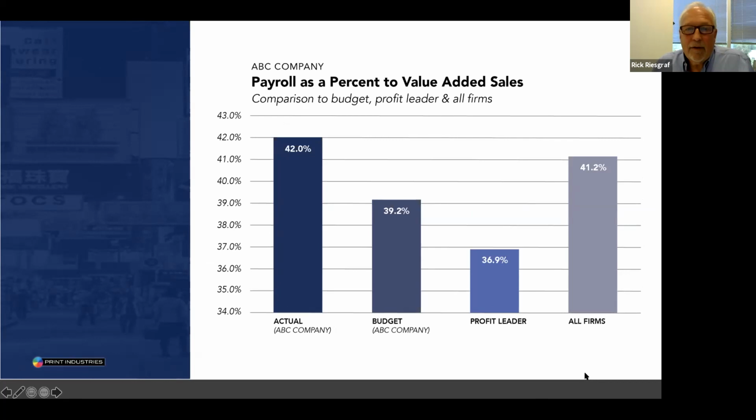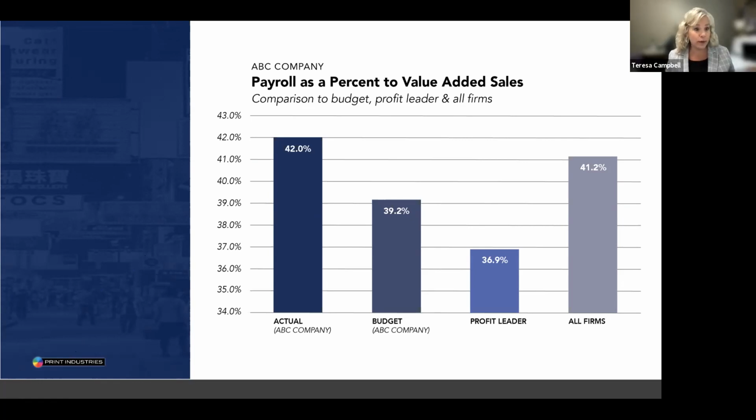Another way of looking at the payroll is looking at payroll as a percent of value added sales. My example is going to go through that in a minute, but again, I took that same company and ran the example. The higher the percent, generally the worse you're doing compared to your target. In this case, the actual was 42% compared to 39% target. The profit leaders were even better. But it was important to note that all the other firms were having the same trouble, so at least misery loved company in this particular instance. It's just another way of looking at the payroll as a percent of value added. And would you